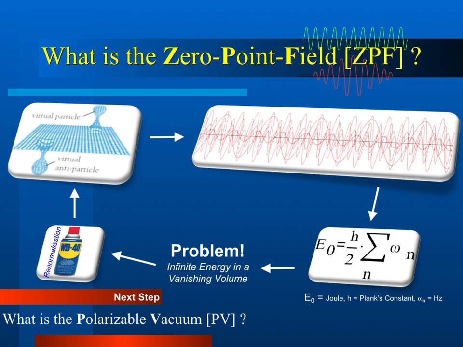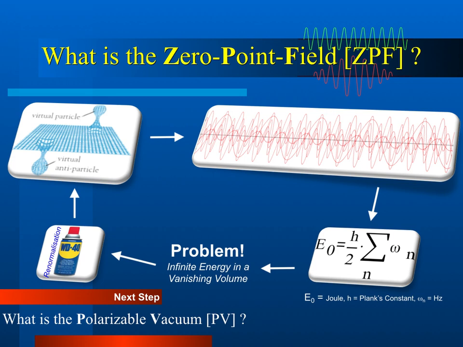To stop the wheels of logic grinding to a halt, the customary approach is to spray some WD-40 on the problem in the form of renormalization, in order to run the machine smoothly and ensure that the mechanism is lubricated. However, the issue with that approach is that the renormalization process is nothing more than a trick to overcome an infinity problem. In other words, renormalization is a non-physical correction sprayed over a physical process. Hence, this is an unacceptable solution to a physically problematic model. The solution to the dilemma is embedded in understanding how matter affects the zero-point field, in terms of vacuum polarization.